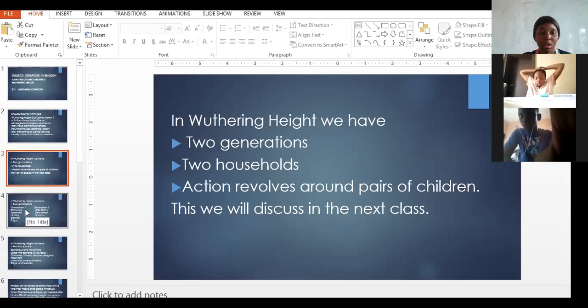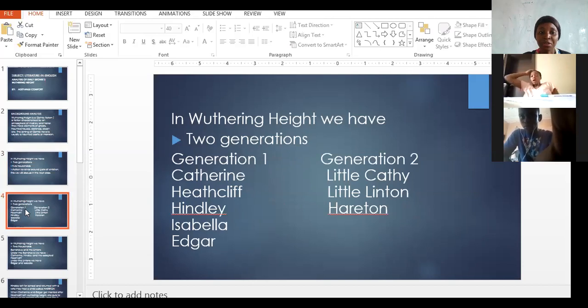Now, these are the generations. In the first generation, we have Catherine, Heathcliff, Hindley, Isabella, Edgar, and another character that was omitted. That is who? Frances. Now, in the second generation, we have Little Katie, Little Linton, and Harrington. Just like I told you earlier, the characters in this generation came in as a result of friendships and relationships that happened in the first generation. For example,